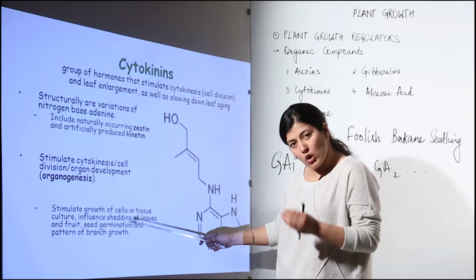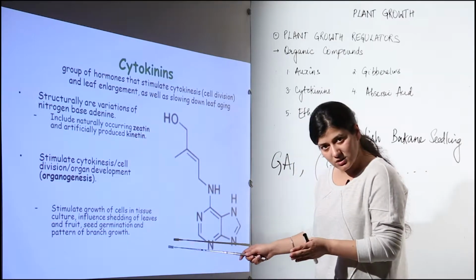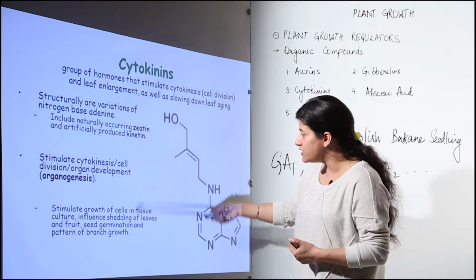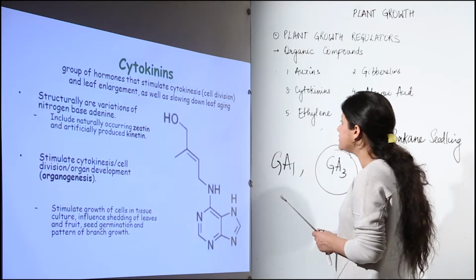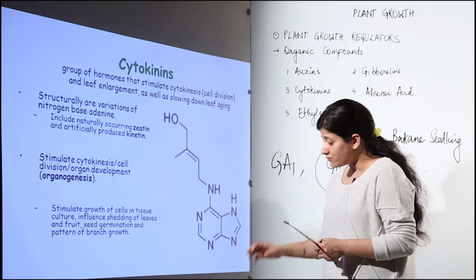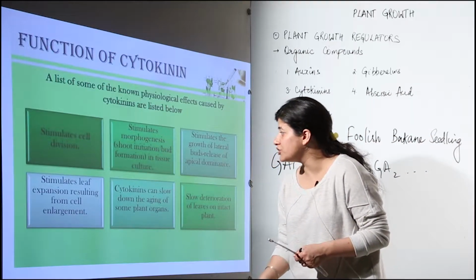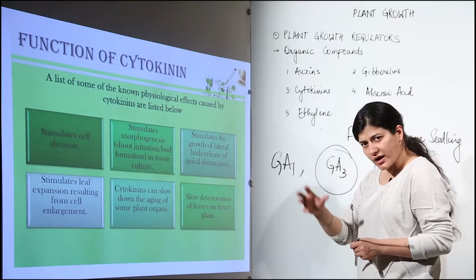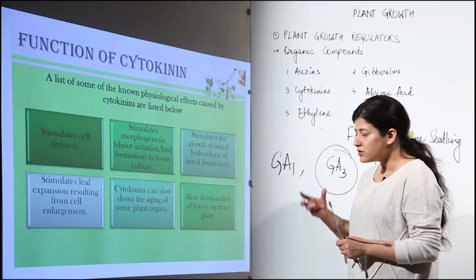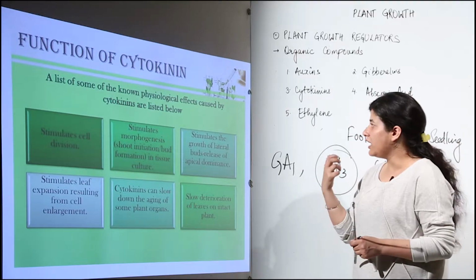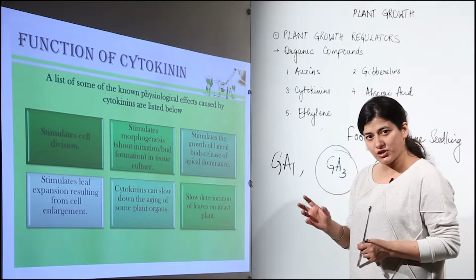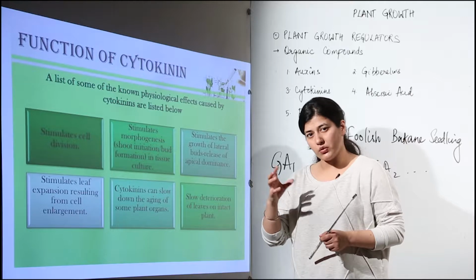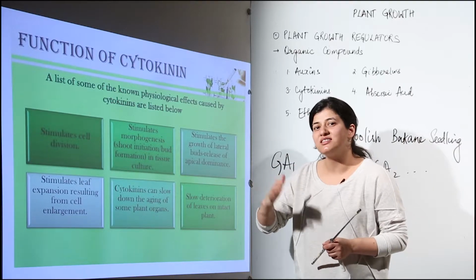Seed germination, along with gibberellins: when dormancy is broken, the seed has to divide rampantly, and seed germination is brought about by cytokinins. They also perform an important function in slowing down the deterioration process. One thing you have to remember: in any case cytokinins are important for cell division, and because they are involved in cell division, they play an important role in delaying the senescence of the plant.